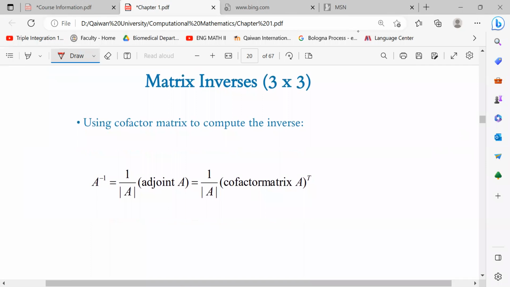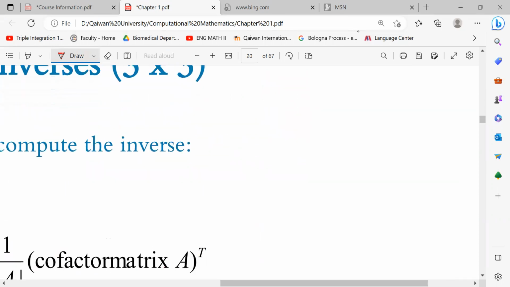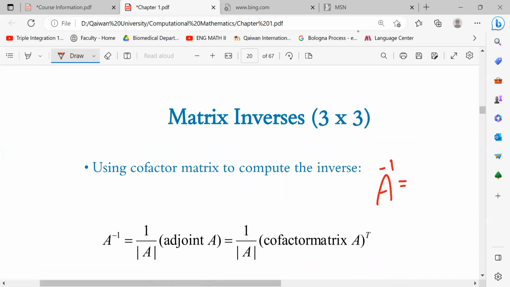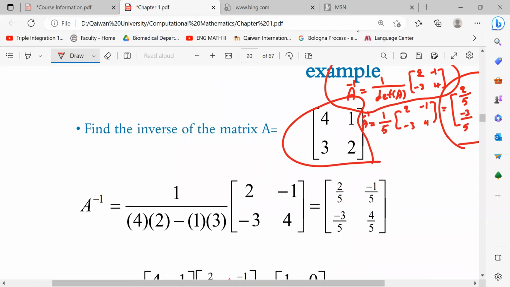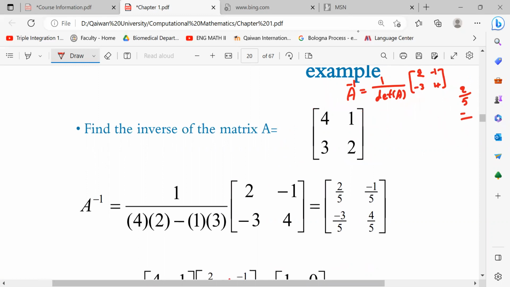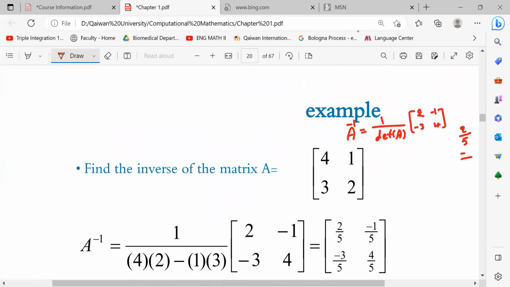Then for finding a 3 by 3 matrix inverse, we use the same rule. We say A inverse is 1 over, which one? Which one is minus? Like negative 1. Okay, let me tell. I know what. Now consider the